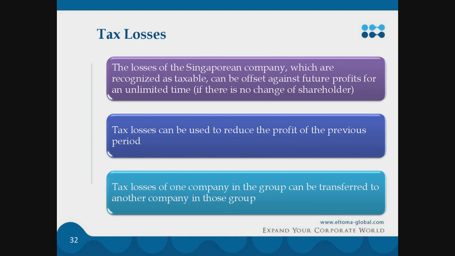Tax losses. The losses of the Singaporean company, which are recognized as taxable, can be offset against future profits for an unlimited time if there is no change of shareholder in the company. Tax losses can be used to reduce the profit of the previous period. Also, tax losses of one company in the group can be transferred to another company in the group. But there are some main conditions